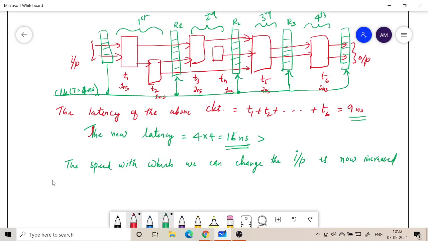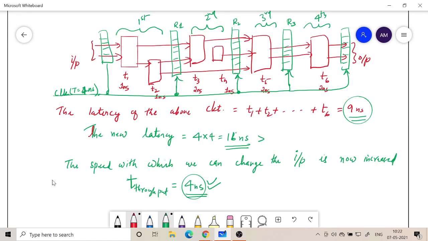So how much time is required, or what is the rate at which I can change the input? The time corresponding to the throughput is basically the clock period, which is only 4 nanoseconds. Okay, so if you compare 9 nanoseconds with 4 nanoseconds, it is definitely an improvement. Okay, but if you consider the latency,